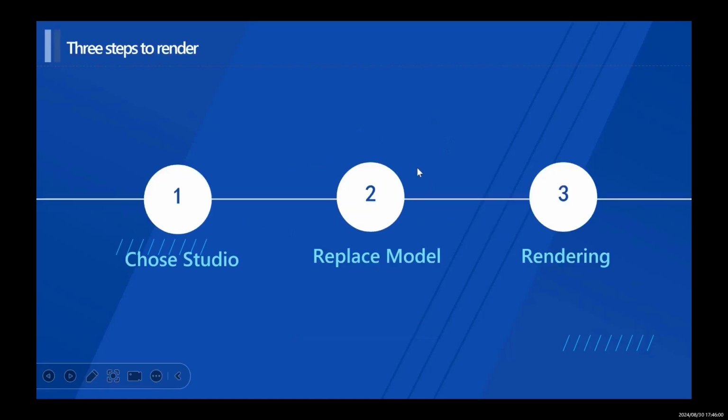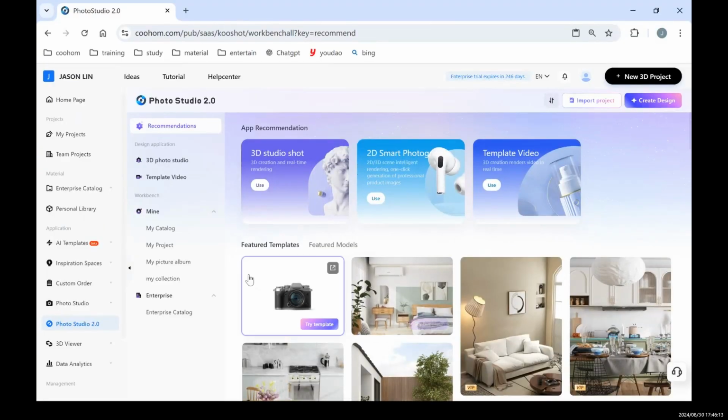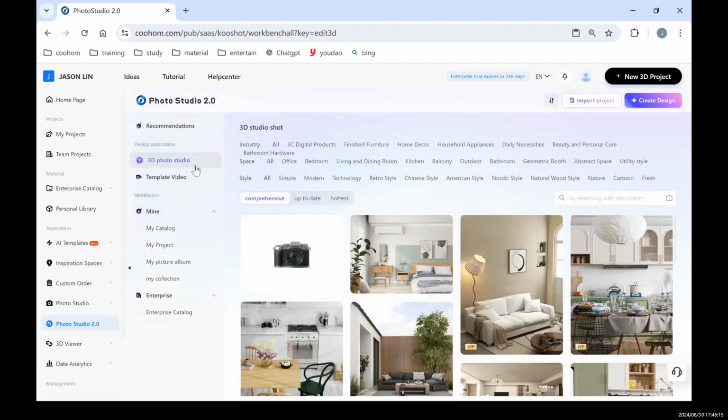As you can see in here, normally we have 3 steps you need to set. The first one, choose one of the studios and replace the model, then we can render it. So we can open our photo studio, and as you can see in here, we can choose 3D photo studio,